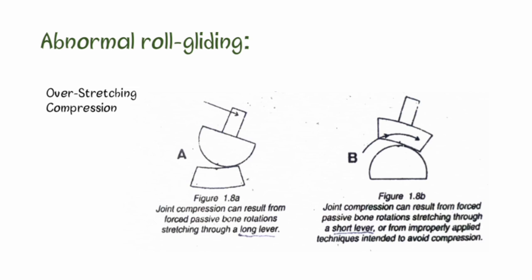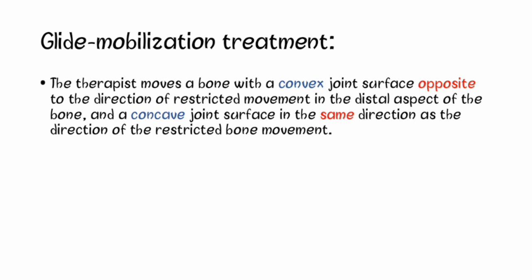In the presence of restricted joint movement, it is important to avoid rotational joint treatment techniques. If you use a rotational technique for other purposes, for example oscillations or muscle stretching, be sure that the simultaneous joint gliding component occurs in an appropriate degree and direction. If you observe restricted or disturbed joint gliding during a rotational technique, stop the movement immediately and apply appropriate treatment to restore joint gliding. Glide mobilization treatment.